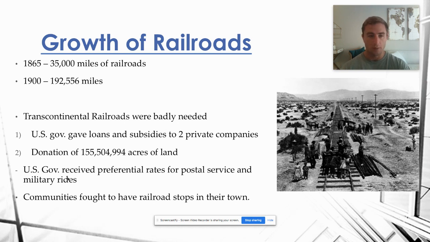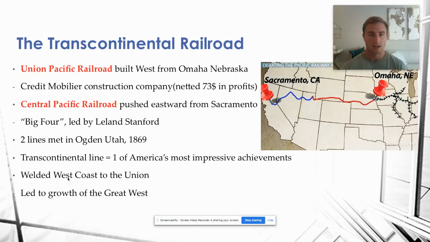When you build these railroads, this is going to create these boom towns overnight where, if the railroad passes by, that's where a city can be created. So communities are going to fight to have railroad stops in their town. And the first transcontinental railroad, the big one, what we now call the Transcontinental Railroad, although in fact there were 5 built when it was all said and done, was created by